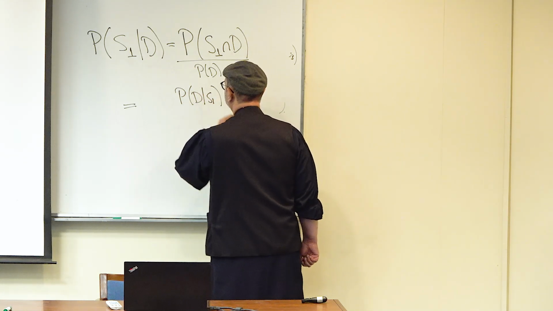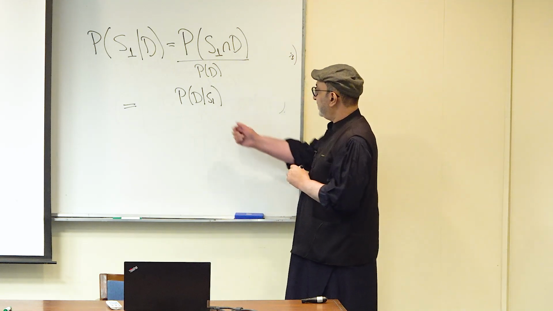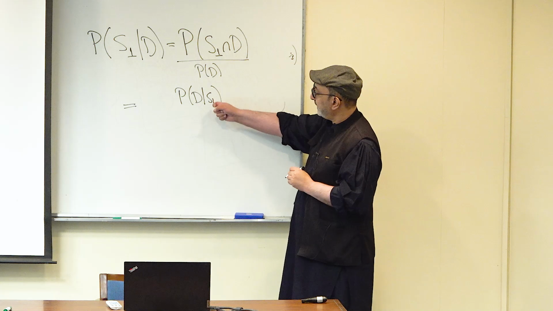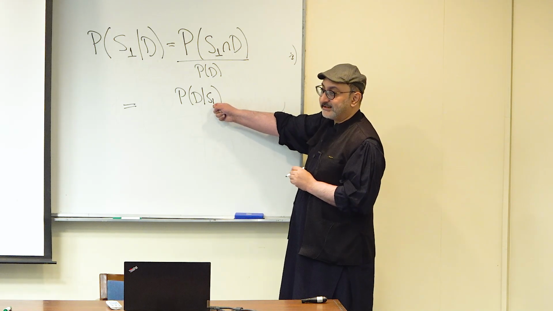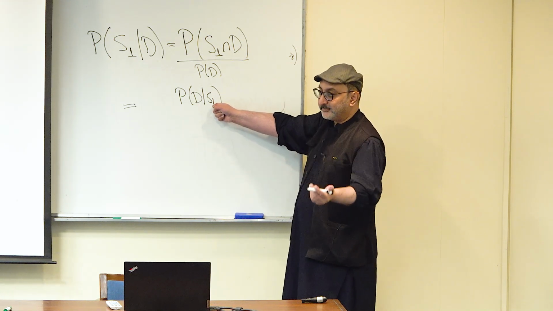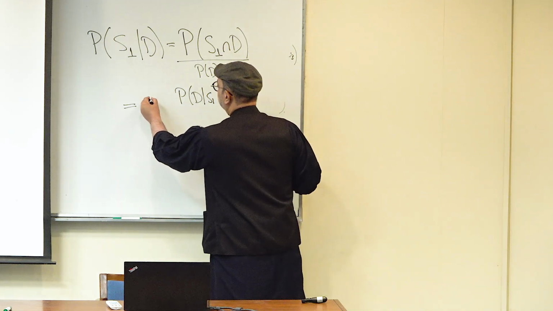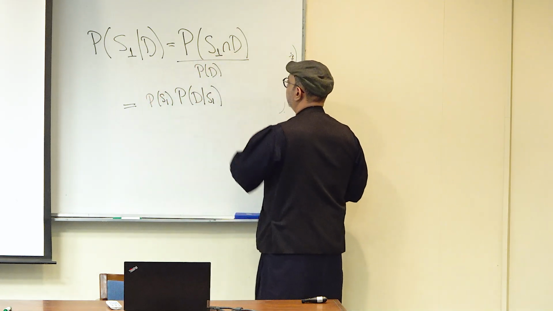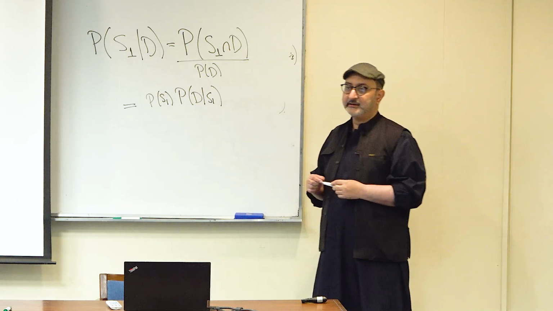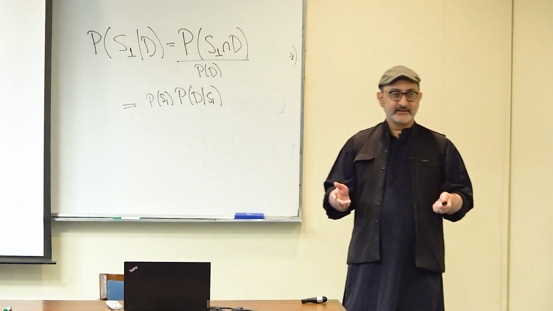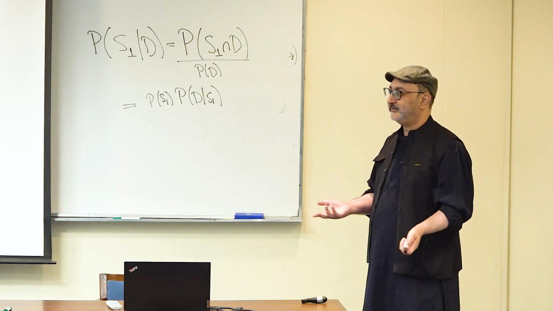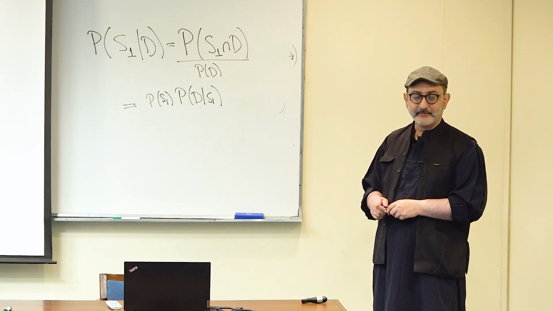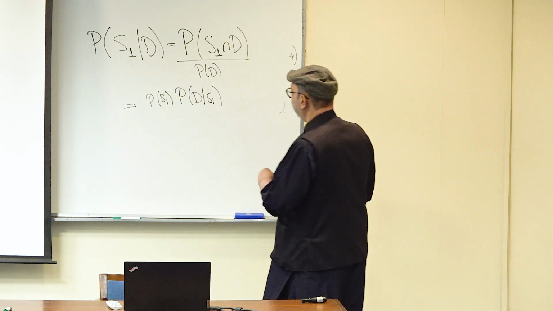That I do have. That would be probability of D intersection S1 divided by the probability of S1. So then I multiply it by the probability of S1, and that gives me probability of S1 intersection D. Well, that's just the multiplicative rule. If you can remember that, that's great. Otherwise, you can derive it. Divided by